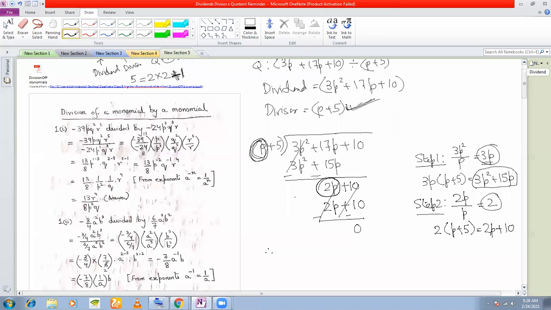So according to this, what was the first thing that I was writing here? I was multiplying by 3p. So I will write 3p on top here, just above 3p square. What is the second thing that I divide by? Plus 2. So I'll write a plus 2 here. So this expression here at the top that I'm getting, this 3p and plus 2, this becomes my quotient. So quotient is 3p plus 2. And here what I'm getting is called the remainder. Remainder is 0. Fine.